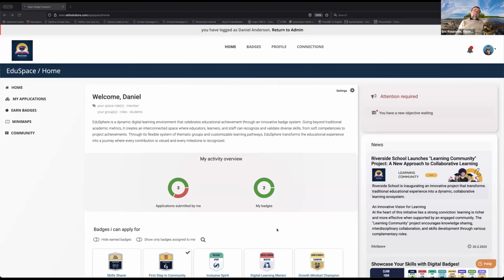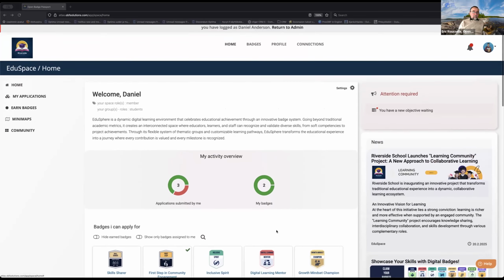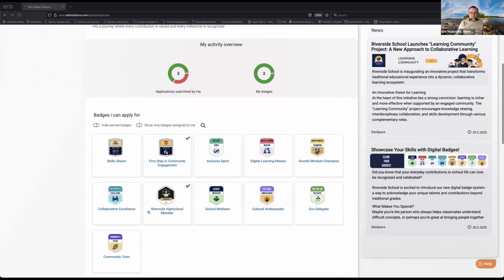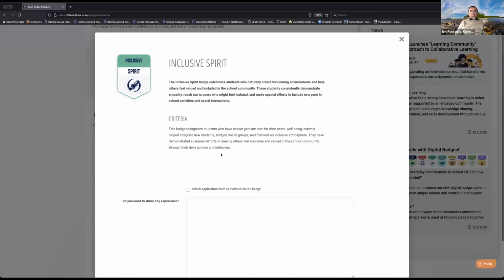So the idea was to make it very easy. Making it easy means that as a learner, you just see what you need to see. So you have your dashboard, and here you can see your badge application. And I just click the badge application here, and I can just write here, this is a test.